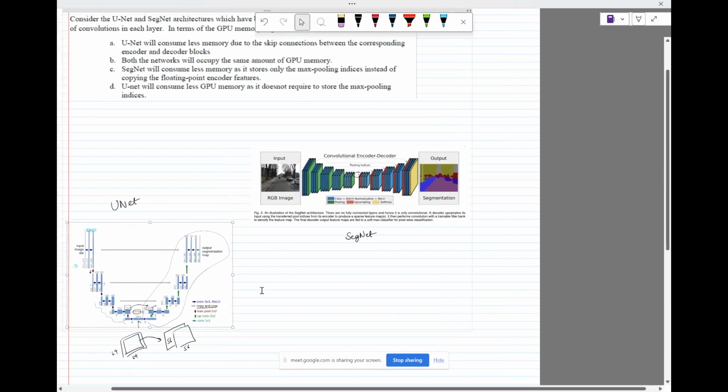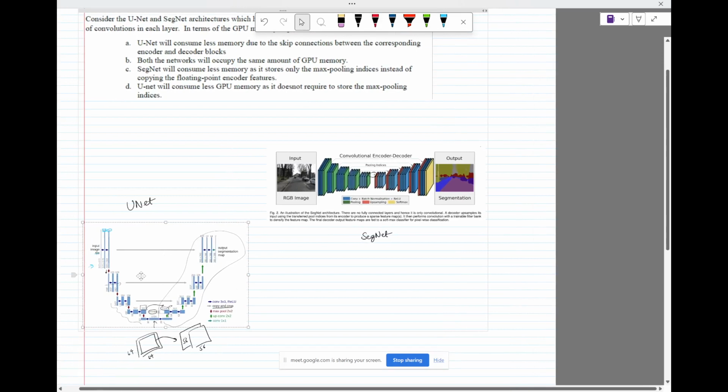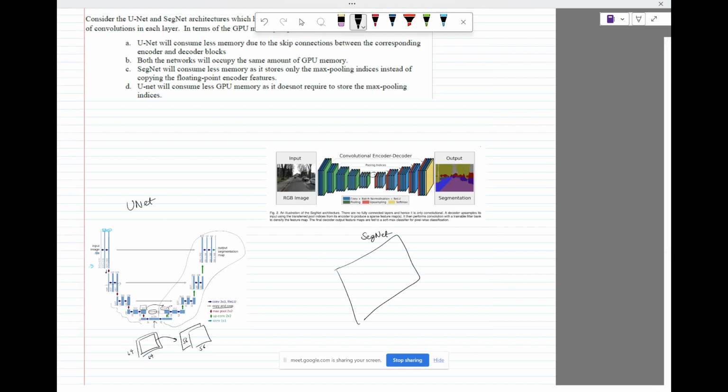So that is not correct, right? Because here you are doing this copy and crop, so you have to store this intermediate image for each of these layers. While when you are doing this unpooling, you only have to store those indices. Even if you are storing those in a binary matrix of 0 1, for storing 0 1 you only need 1 bit,